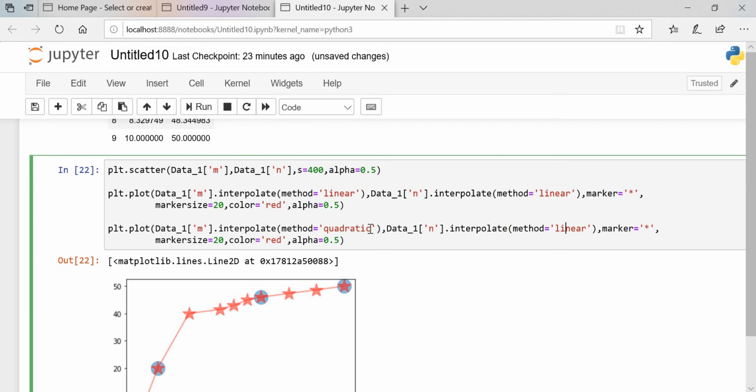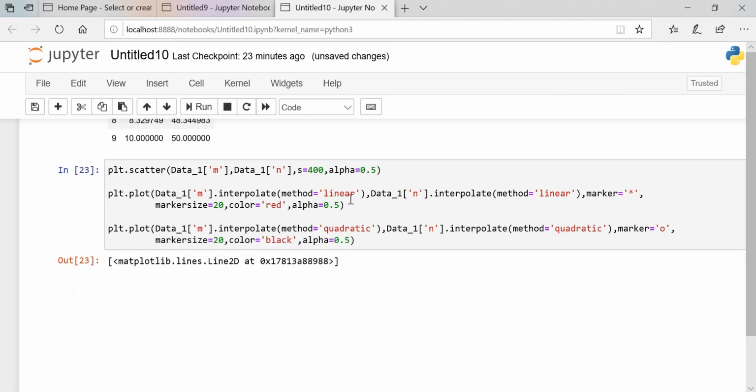Here as well I will change it to quadratic. Now this marker I will also change to round, and the color will change. Let's say we'll put it black. We'll see how this looks.